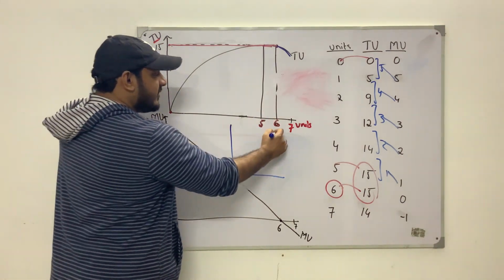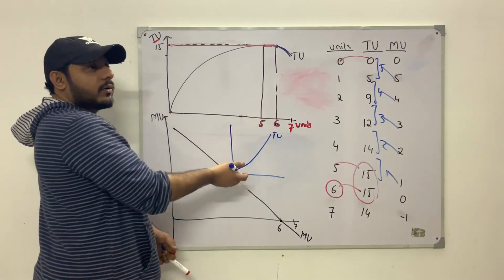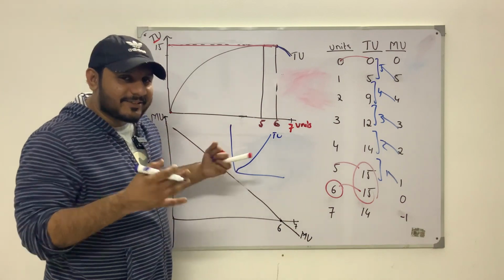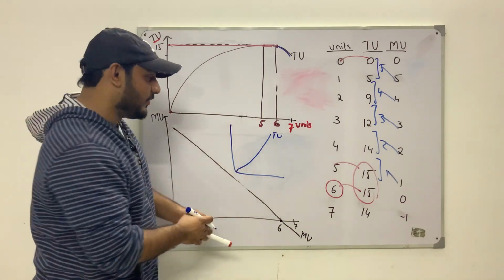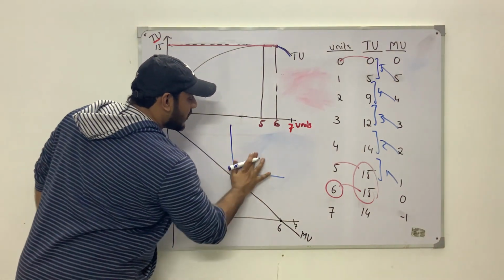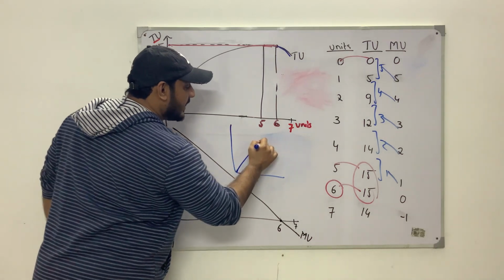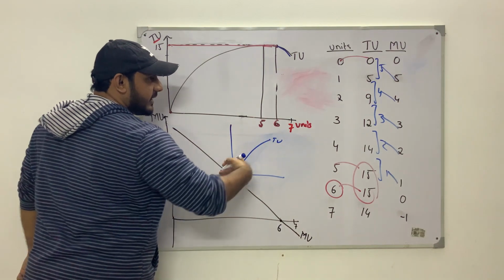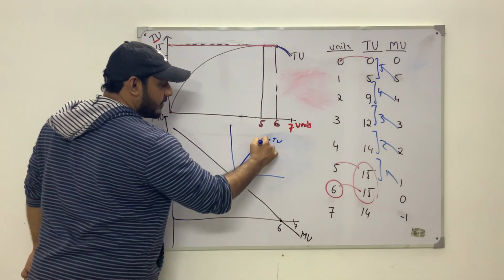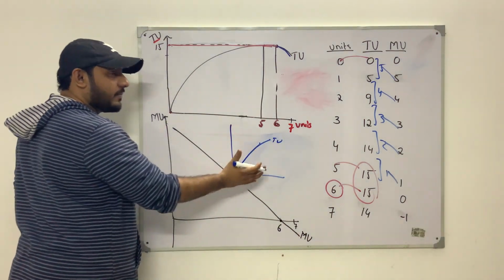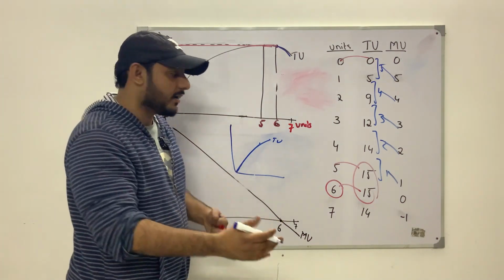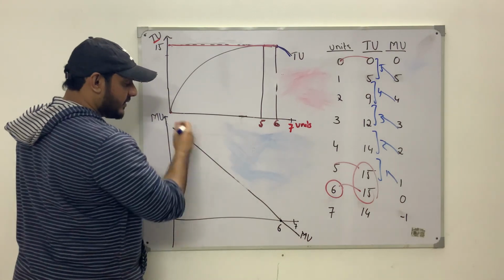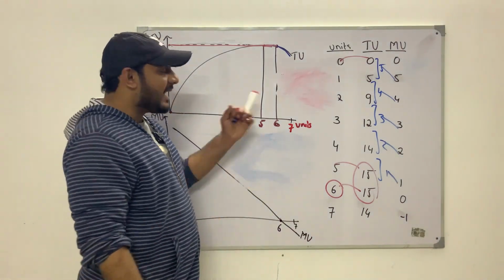This total utility diagram is never going to take that shape, given the concept of diminishing marginal utility, right? So definitely the total utility curve has to be like this, showing that as the total utility is increasing, the slope is representing an increase at a decreasing rate. And this corresponds with the shape of the marginal utility curve as well, because it is downward sloping. So that's one thing.